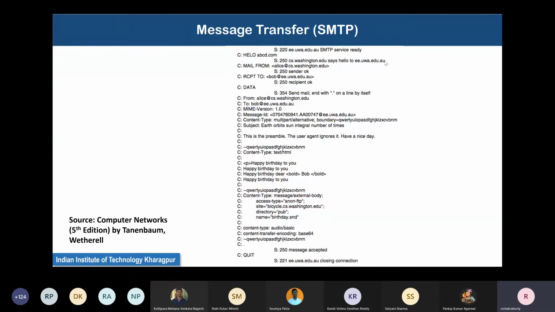This also is probably small enough to be held in one TCP segment. So one TCP segment anyway has to be sent back to the client for this message.